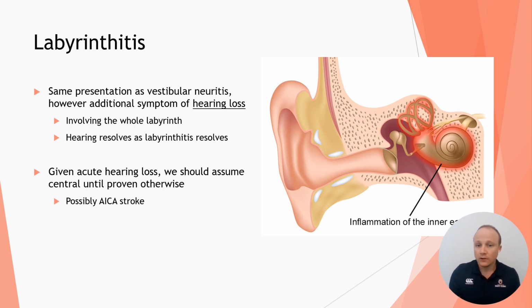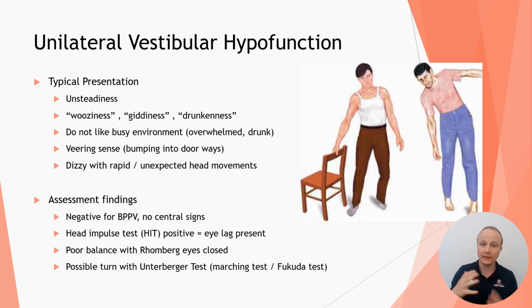The dizziness and vertigo symptoms are exactly the same as a vestibular neuritis. Sudden onset, severe dizziness, vertigo with nausea. So you've had that awful event, and now the aftermath, if you will, is called a vestibular hypofunction. And if it's happened on one side, that's called a unilateral vestibular hypofunction. So this can also be caused by things like